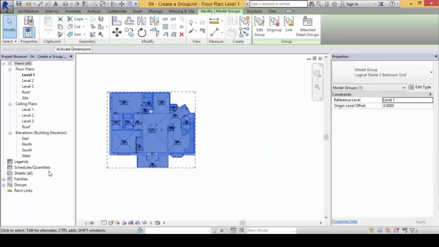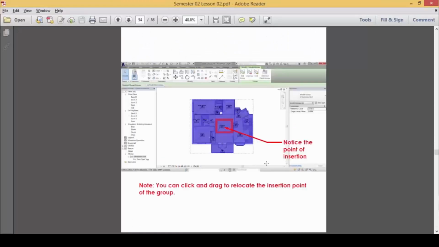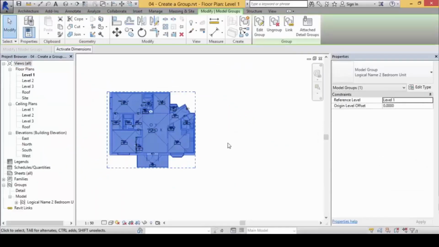Now, under here, under the model groups, you will now see these items here. It's way down the line, but it's here. You should be able to see the group that you have created here, right below. If you select this item now, you will see that, hey, there is an element down here.